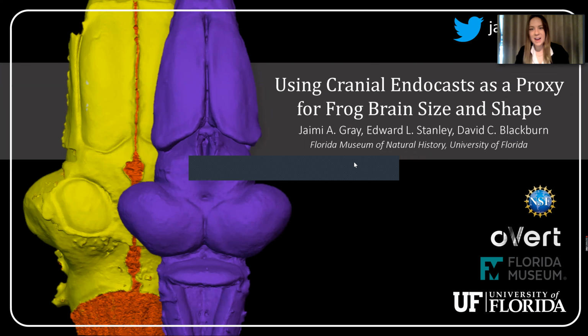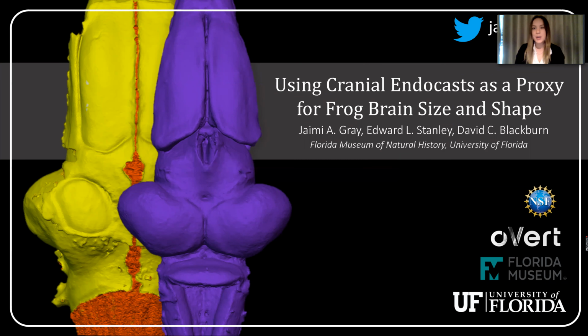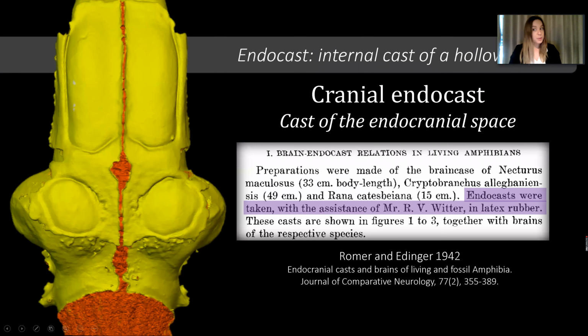Hi, today I want to tell you about using cranial endocasts as a proxy for frog brain size and shape. So some of you may have heard about a little thing called an endocast. A cranial endocast is basically a cast of the inside of the skull in the endocranial space where the brain